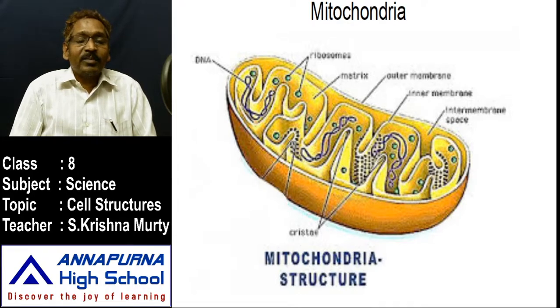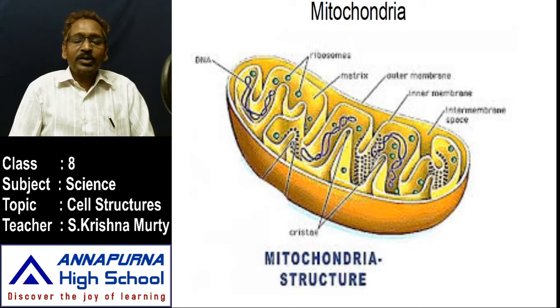Once you look at the diagram, it shows some folding structure in the mitochondria. The outer membrane forms a sac-like or disc-like structure, and the disc-like structure contains some folded structure, that is cristae. Inside the cristae there is some fluid, known as matrix. This mitochondria plays a major role in the synthesis of food material. Whatever food material is needed, that entire food should be synthesized in the mitochondria and release energy. That released energy should be turned into ATP, adenosine triphosphate.